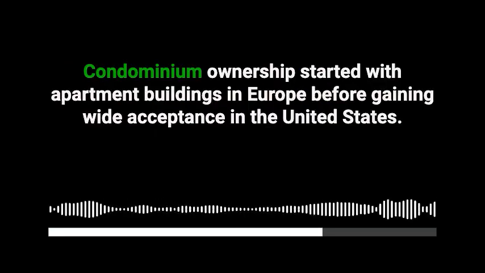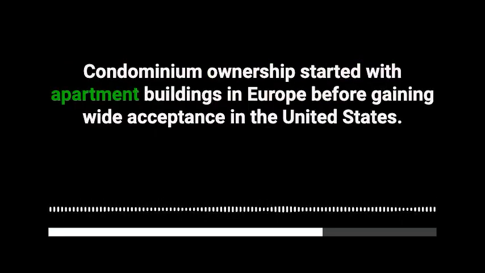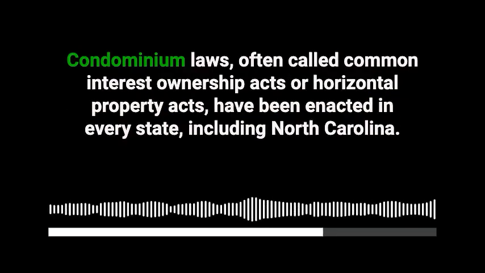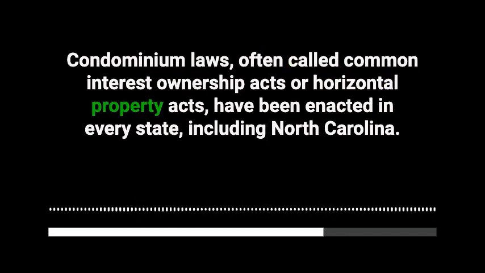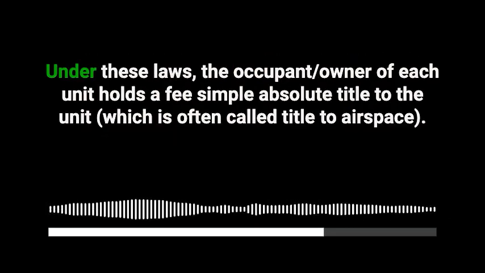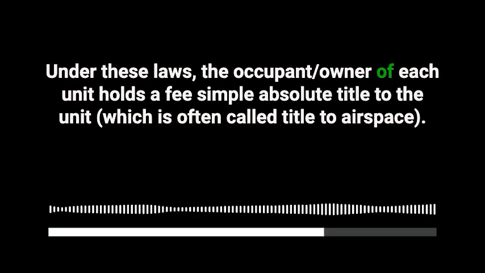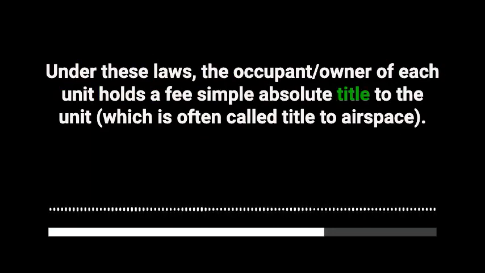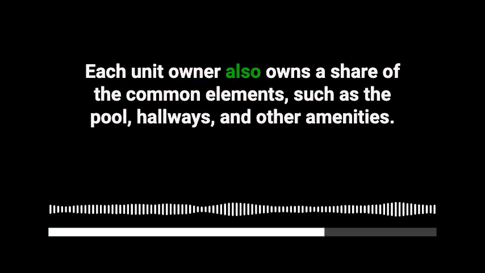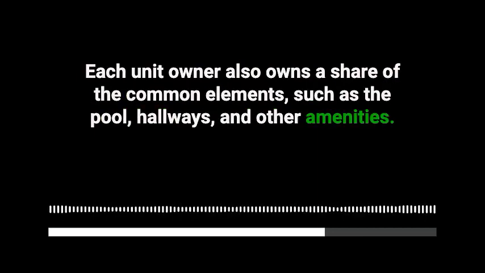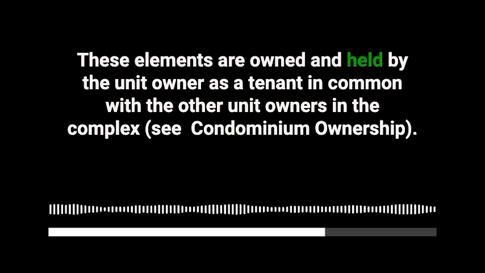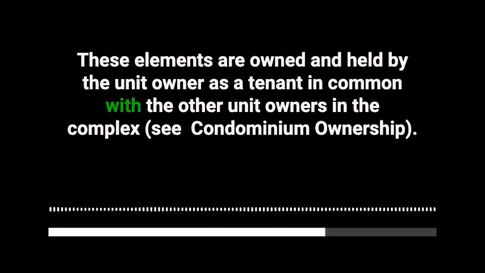Condominium ownership. Condominium ownership started with apartment buildings in Europe before gaining wide acceptance in the United States. Condominium laws, often called Common Interest Ownership Acts or Horizontal Property Acts, have been enacted in every state, including North Carolina. Under these laws, the occupant owner of each unit holds a fee simple absolute title to the unit. Each unit owner also owns a share of the common elements, such as the pool, hallways, and other amenities. These elements are owned and held by the unit owner as a tenant in common with the other unit owners